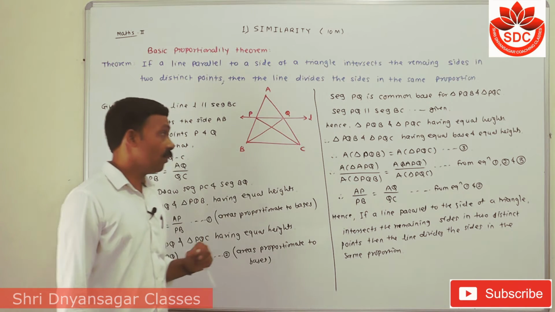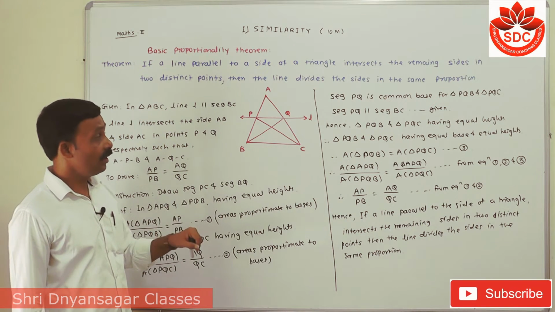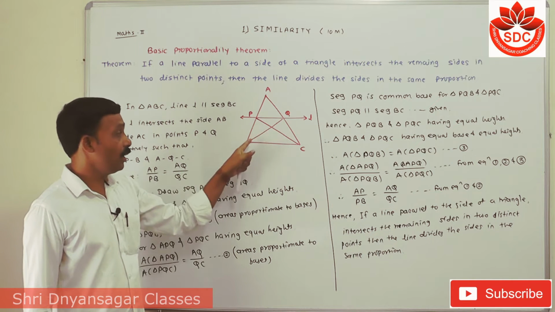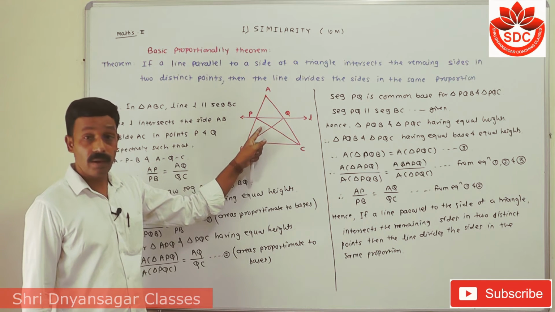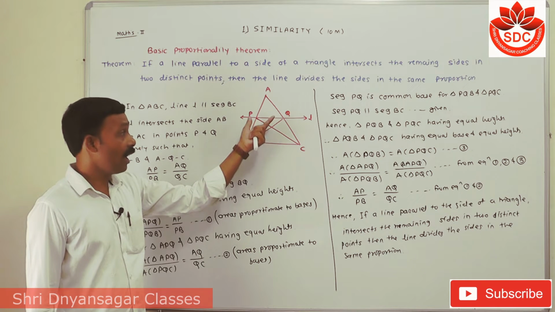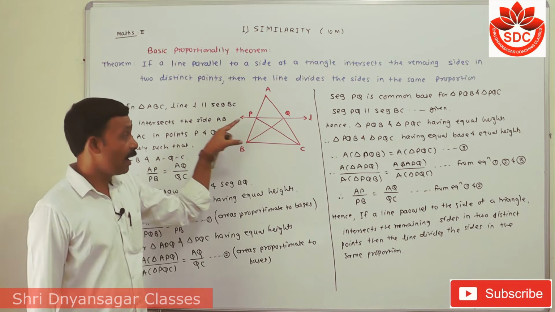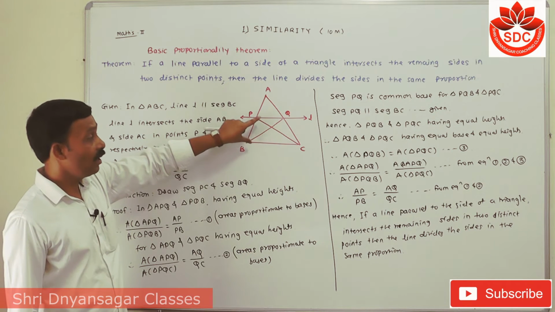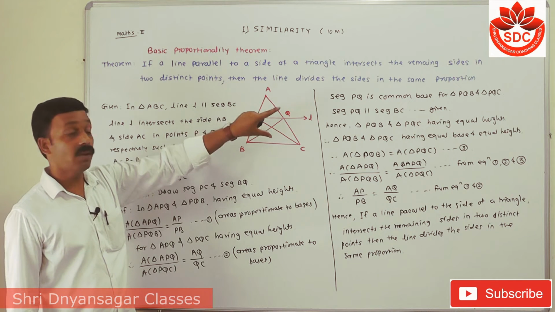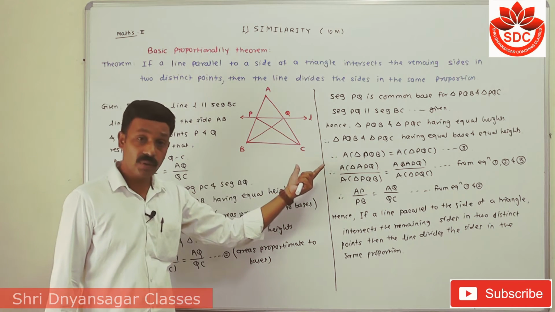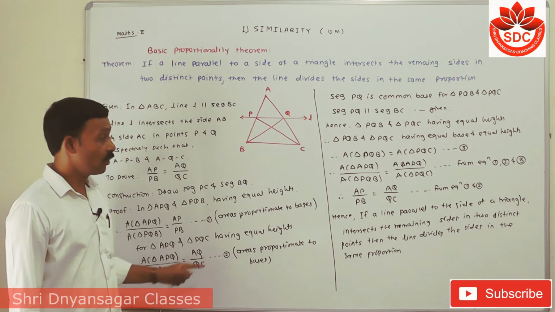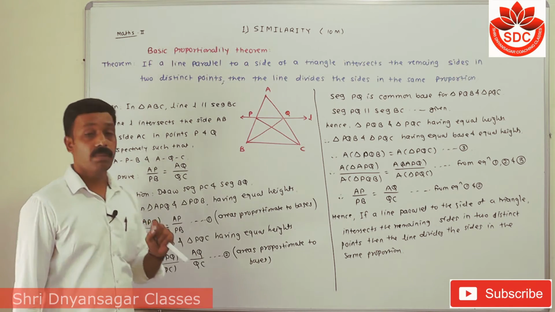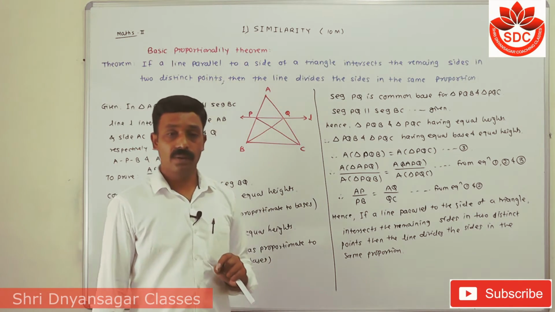We use these first properties here, and then these areas also mean that area of triangle PQB and PQC is also equal, because both triangle having same base PQ and they are in between these two parallel, so that its heights is also equal, so that these triangles having equal height and equal base, therefore its areas are also equal. By using these three, we have to prove this very important theorem, basic proportionality theorem. Thank you.